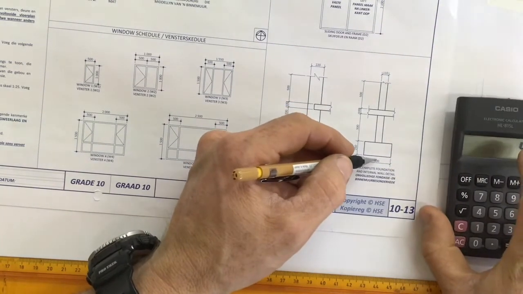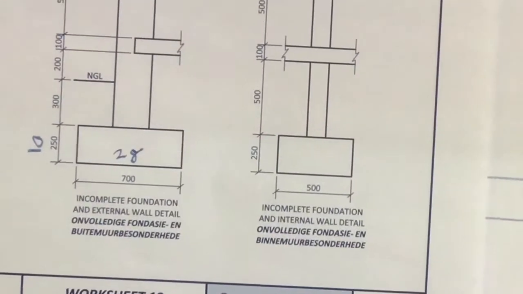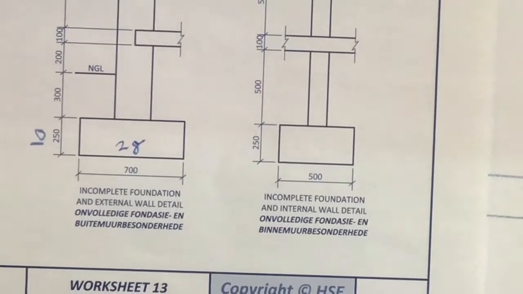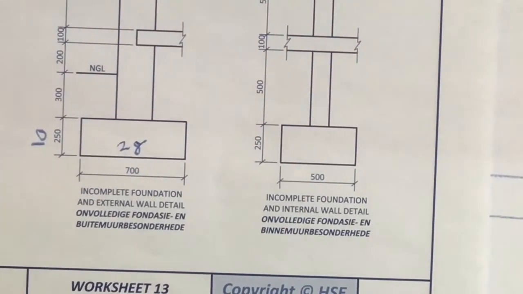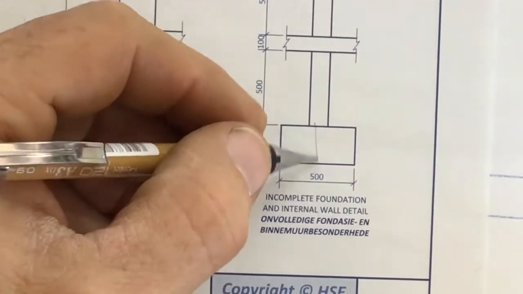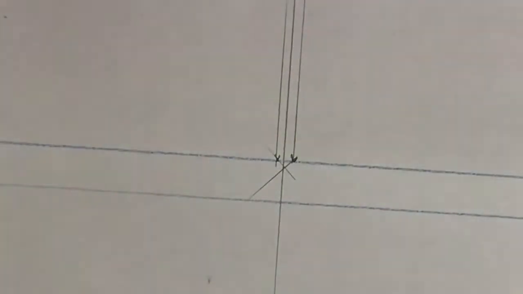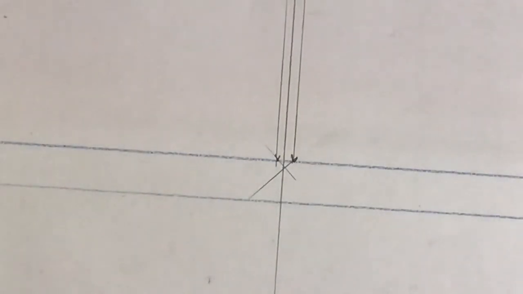It says that it is 500 millimeters over here. Let's just zoom in there. Okay, so 500 millimeters. 500 divided by my 25 is equal to 20. Divide that by 2 is equal to 10. So 10 on either side, 10 millimeters on this side, 10 millimeters on that side, and I'll have the correct measurements for that. Measure off 10 millimeters with your dividers, measure off there,